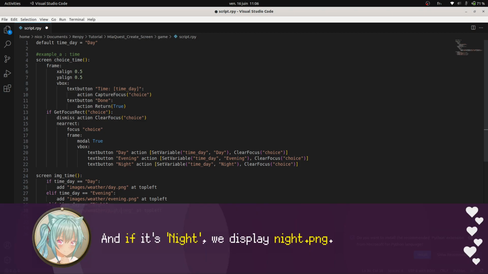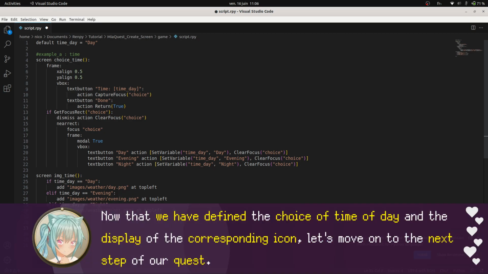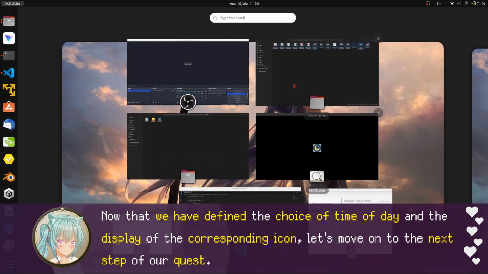And if it's night, we display night.png. Now that we have defined the choice of time of day and the display of the corresponding icon, let's move on to the next step of our quest.